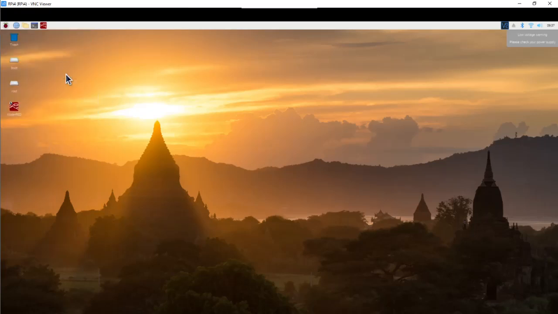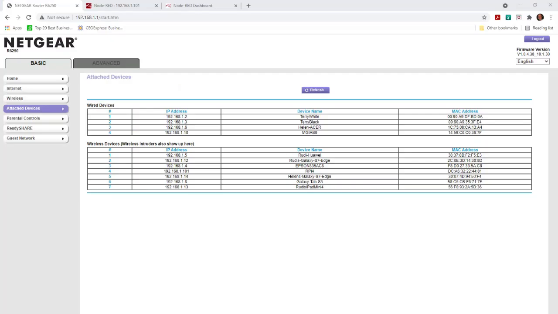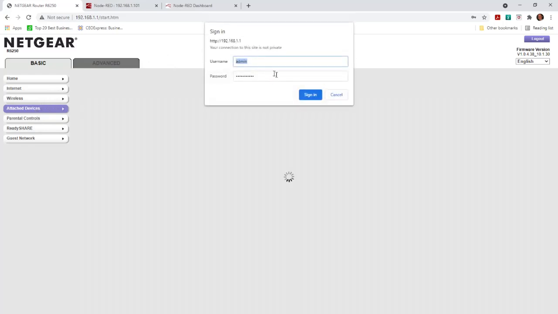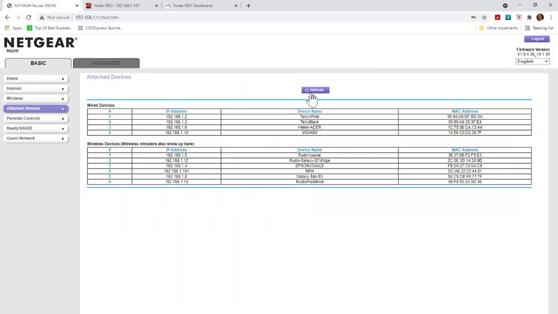And we should see a command line window pop up, and we did. That means that Node-RED should be up and running. At this point, we want to go to our web browser and log into our administration page for our router and look for attached devices or something like that. And we want to look for the name of our Raspberry Pi. In this case, it's a Raspberry Pi 4, and it's located at IP address